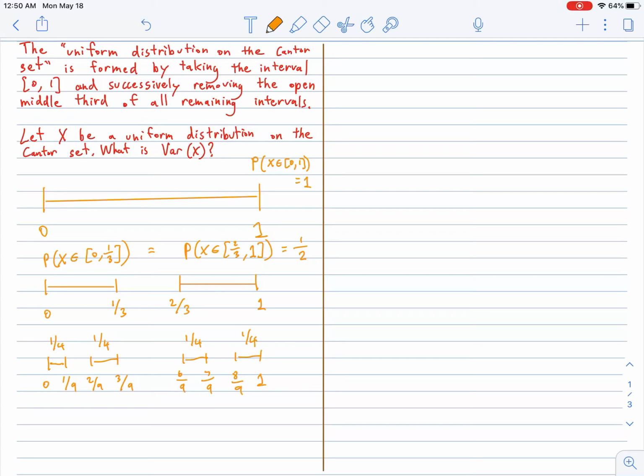Now we know that the Cantor set will continuously keep on removing these intervals and that the Lebesgue measure of the Cantor set will be 0. So this distribution is an example of a singular distribution, where the Lebesgue measure is 0, but we still define a probability measure over this set. It might seem difficult to even imagine how you can define this kind of random variable on the set, let alone find some properties of the distribution, such as the expected value and the variance. But we can nevertheless solve this problem by considering some kind of decomposition of the set,